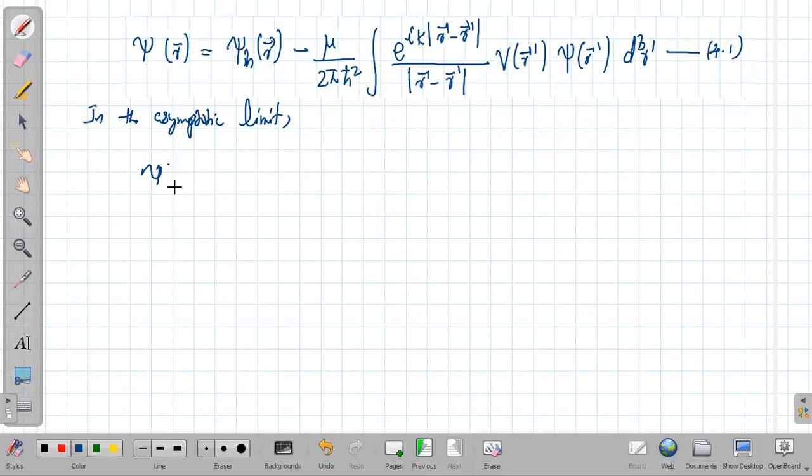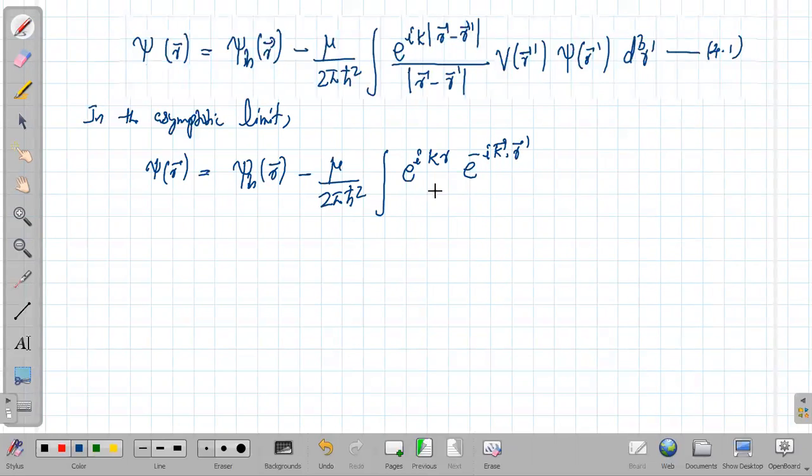the psi of r can be written as the incident wave function psi in of r minus mu upon 2 pi h bar square integral. So this can be written as e raised to ikr, e raised to minus ik dot r prime, divided by 1 upon modulus of r minus r prime, which can be simply written as r, and thereafter it becomes v of r prime psi of r prime d cube of r prime. So this becomes